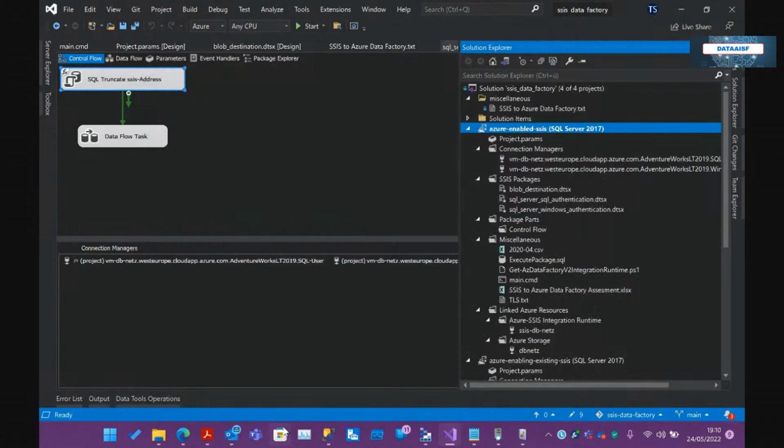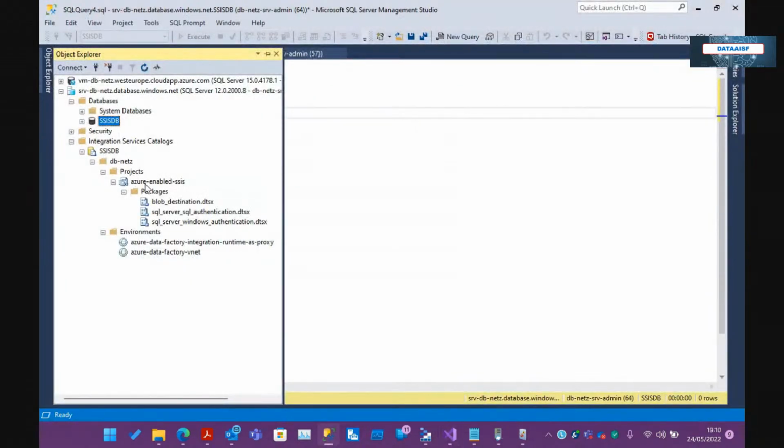That means in the end, we should see something like this. We have the folder, we have the project here, and within the project we have our packages. So now, in order to decide, either in ADF or when you execute your package, and this is another way to execute your SSIS packages, right? Either by connecting